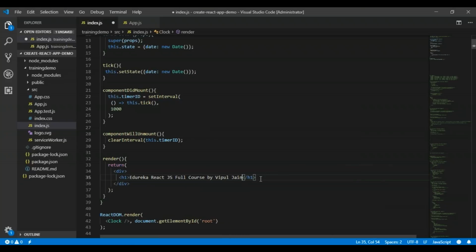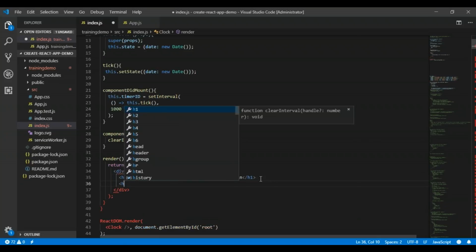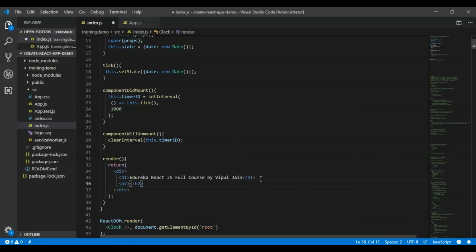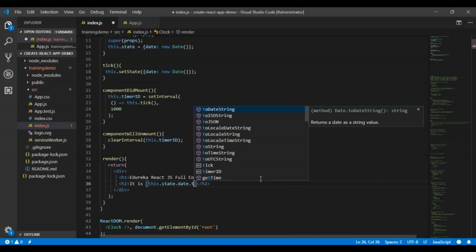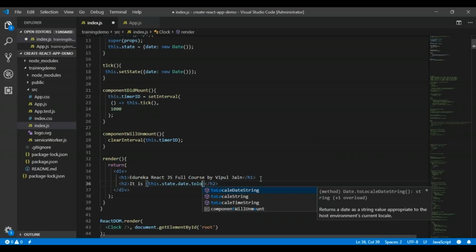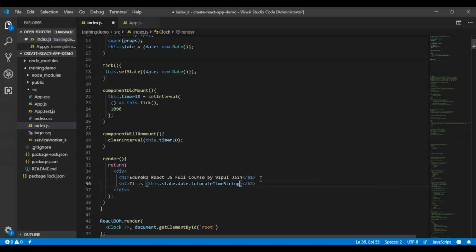And then in the h2 tag, another tag I want to take, I will write, maybe with the time, this.state.date. Maybe I want to convert it to a local time string, and I can place a full stop also over here.